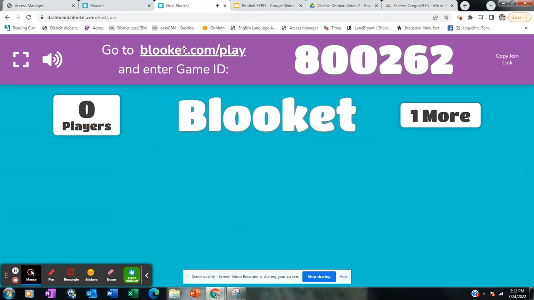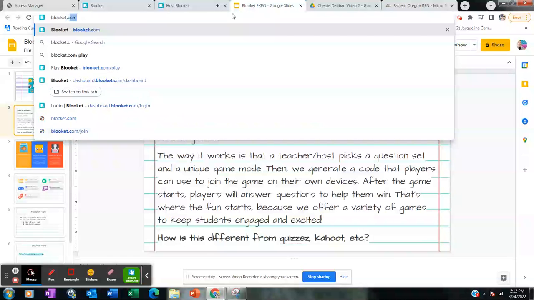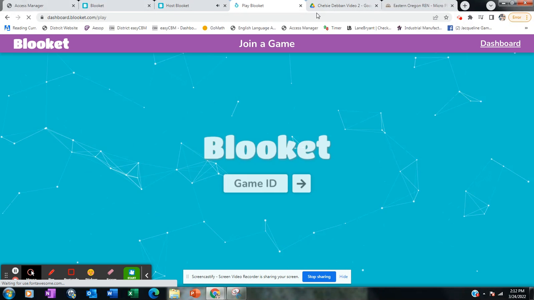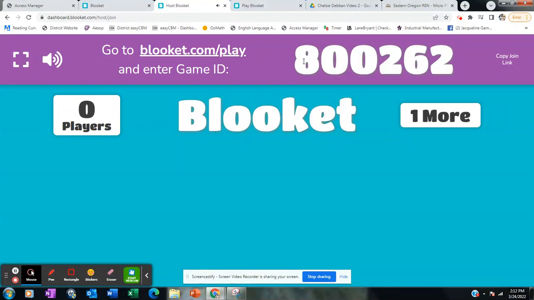Students will then go to blooket.com/play. For the sake of time, I sometimes will just put this link into my Google Classroom if you do use that. I'm going to go over here and I'm going to log in as a student so that you can see the student point of view. When the student gets here, it's going to ask for the game ID, which will be up on the main screen because you will have this up on your teacher screen,